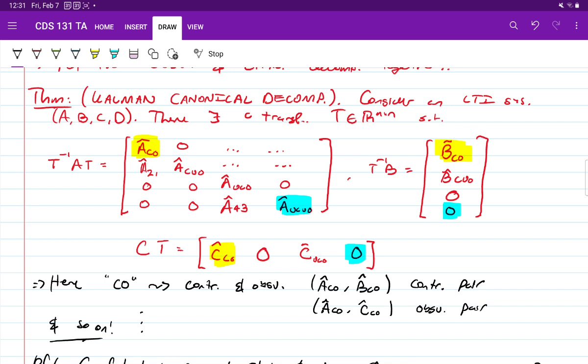So what have we done? Have we met all of our goals? Well, I think we did a pretty good job, right? We went out seeking these really nice, sharp algebraic characterizations of controllability and observability, and we found both of them, right? And what's more, we found a number of ways to do that. We have these Gramian methods, which carry a lot of information, but maybe they're a little bit harder to compute.